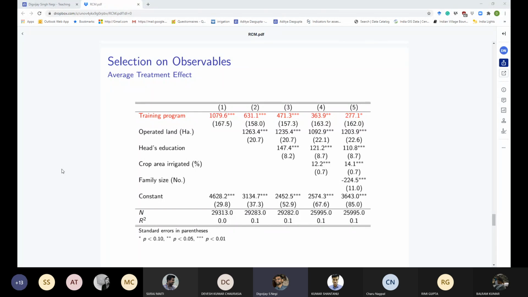A classical measurement error is, you call that error classical in econometrics when that difference between the true income and the measured income is random, meaning that the error in measurement was random across people. It's not that some group of people strategically gave the wrong information and others didn't. It's just that the likelihood of error itself was random and is independent of other observable factors of that household. In that case, we call measurement error classical.